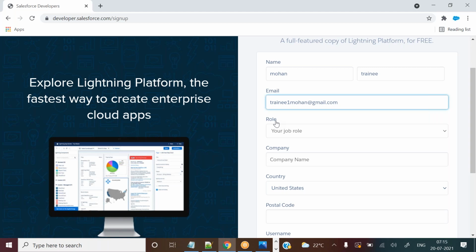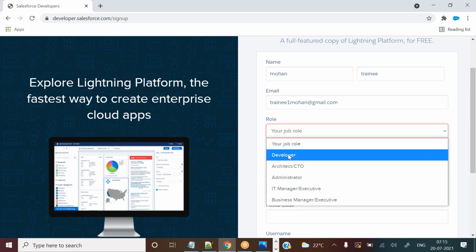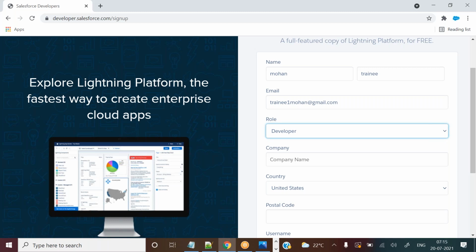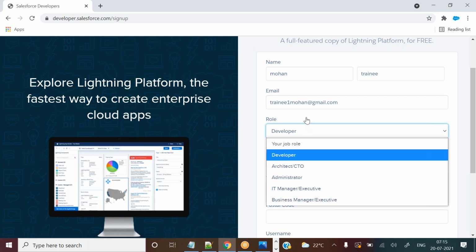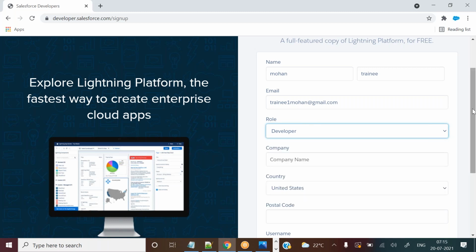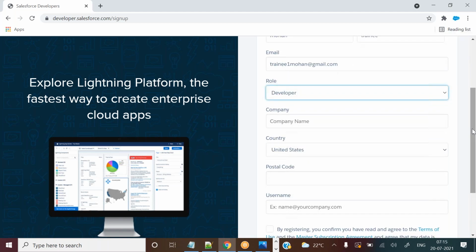Some people ask, sir, I don't have any job, what role can I give? Simply give a developer role. There is no difference whatever you give. Don't be particular about the roles. It's simple. And company: if you are working in a company, you can give it, otherwise dummy. Everyone is learning Salesforce, and even Salesforce is a company you can give.